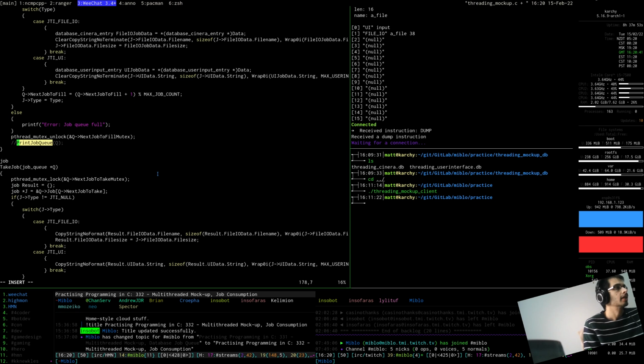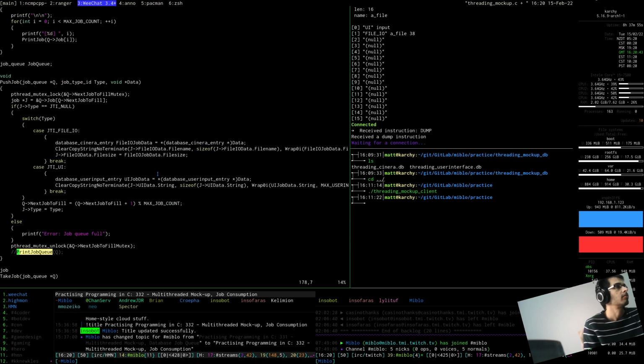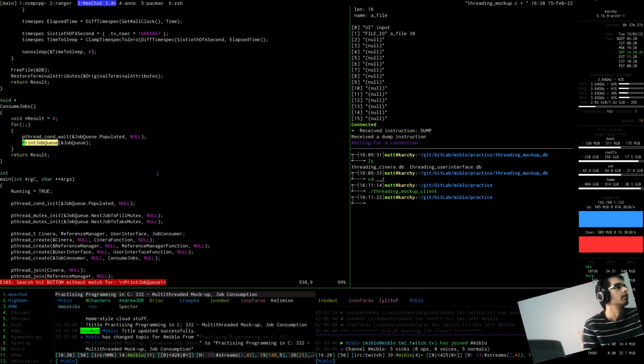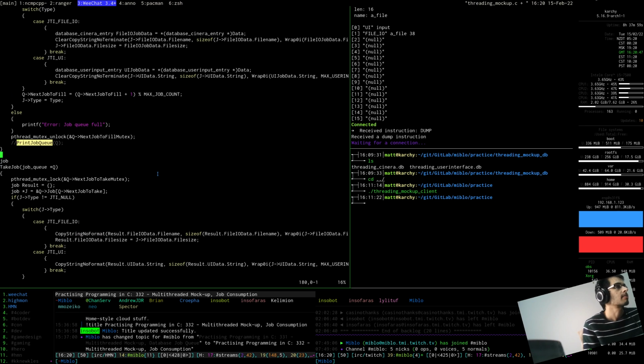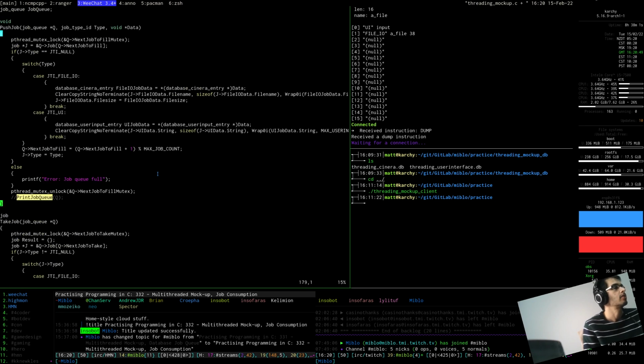So these other guys who were previously printing the job queue, let's just relieve them of printing the job queue. What was that? It was only push job, yeah. So now the printing of the job queue has been deferred to the pushing of the job. Sorry, it's been deferred from the pushing of the job to the taking of the job. Now these guys, having put a job on,